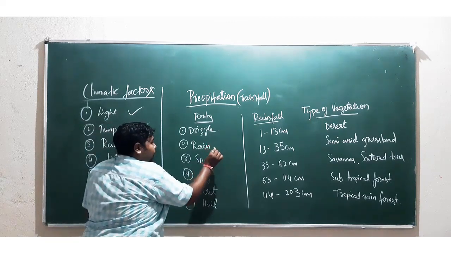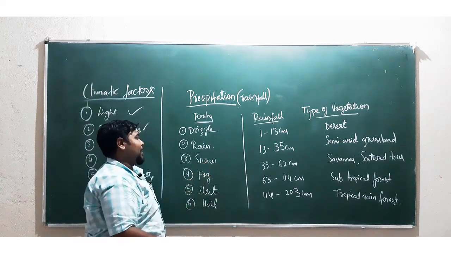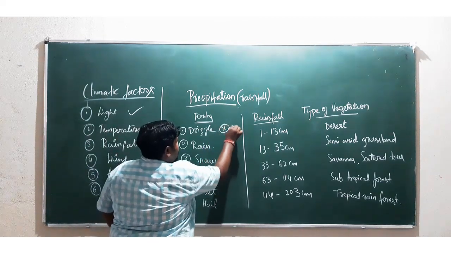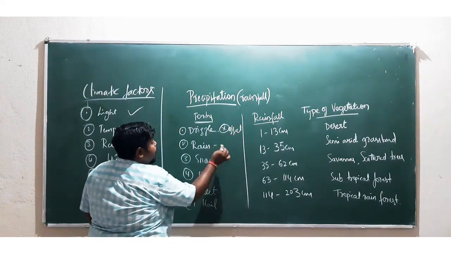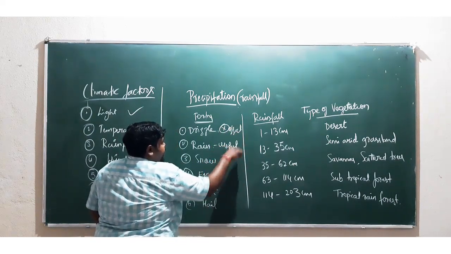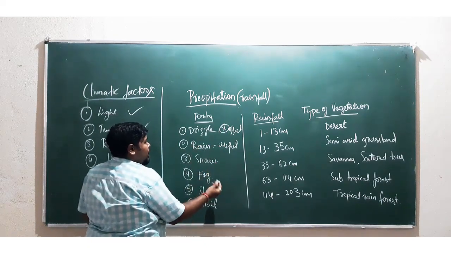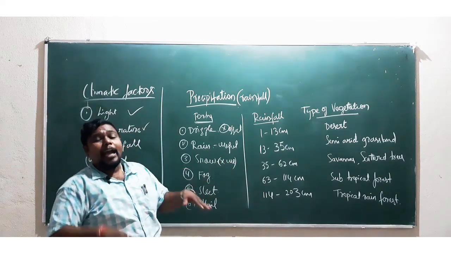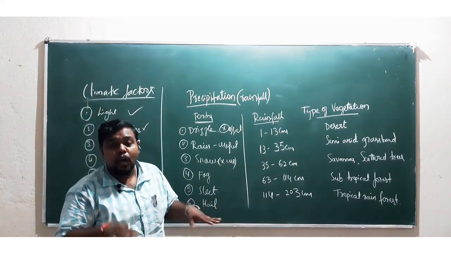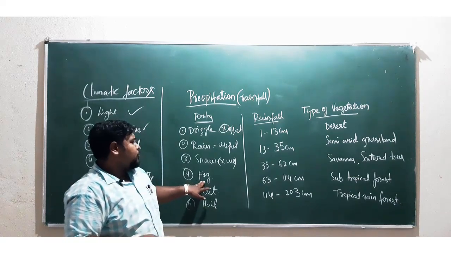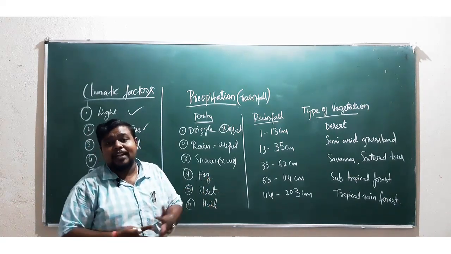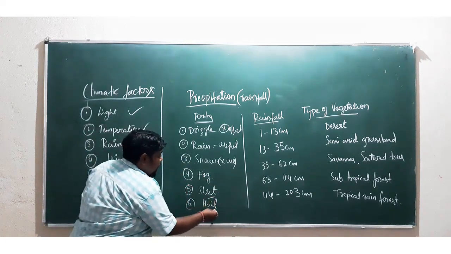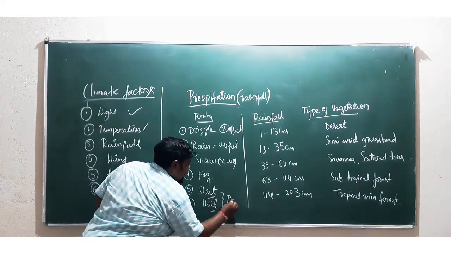Each of them has a different effect on the plant. Drizzle, there is no problem at all. It does not affect the plant at all. It is useful. Rain is also useful for the plant. Snow has no use for a plant. It just maintains a lower temperature, reducing the rate of transpiration. And what is fog? Fog is in no way related to the plant. It affects man itself. And sleet and hail, both are very dangerous.